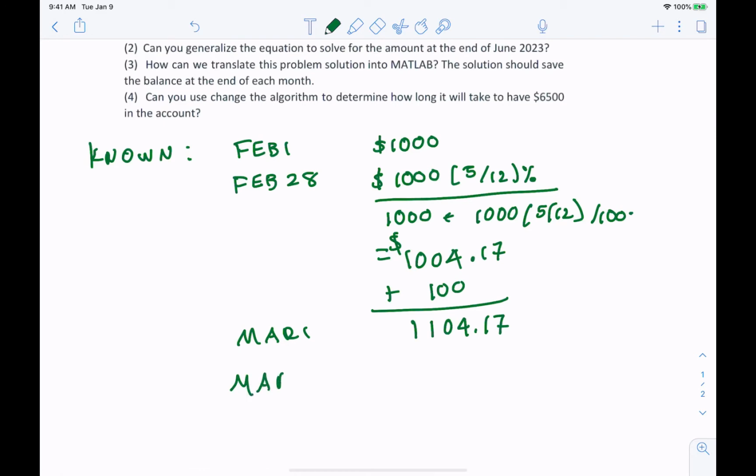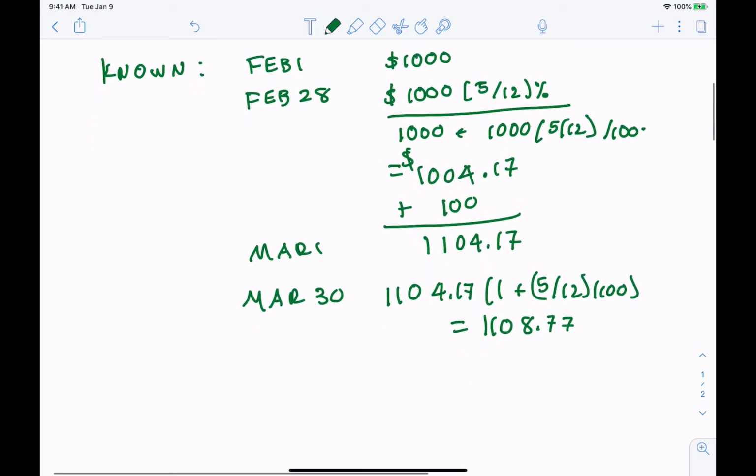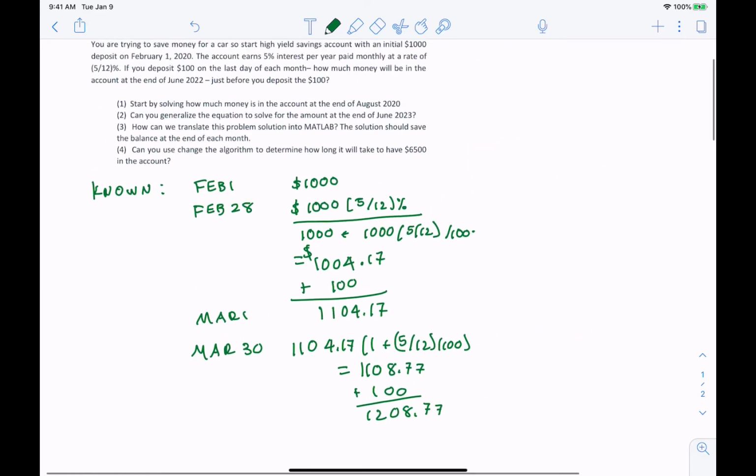Now let's figure out the end of March. So at the end of March, on March 30th, I will have $1,104.17 plus 5/12%, which is 5/12/100, which will give us $1,108.77. Then I add $100 to that, and I end with $1,208.77. Okay, and we will continue like this